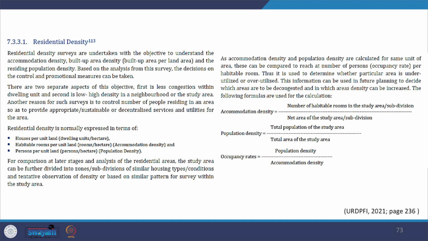We may further find the detailed formula in the URDPFI guidelines in point 7.3.3, page 236. I have provided it for your reference here. So you can see it for both residential as well as non-residential area. So you have seen partly how density zoning control is used.